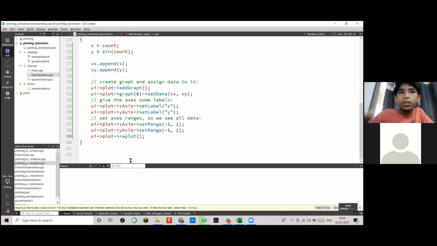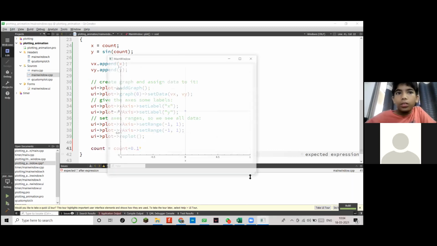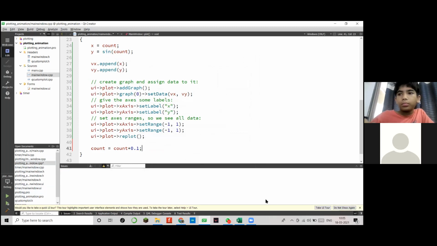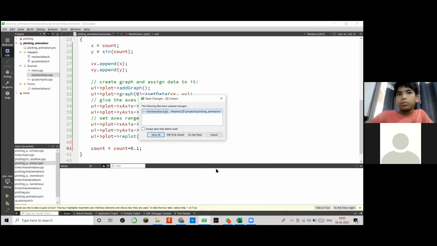Oh, okay. count equals to count plus 1. Now let's try print. What happened? Nothing. Continue.